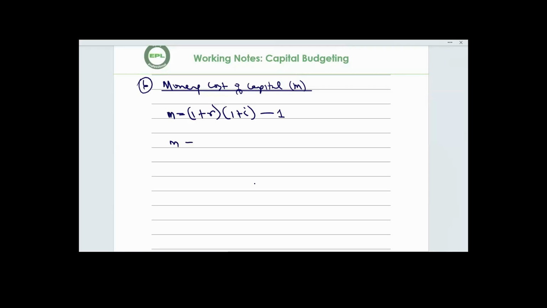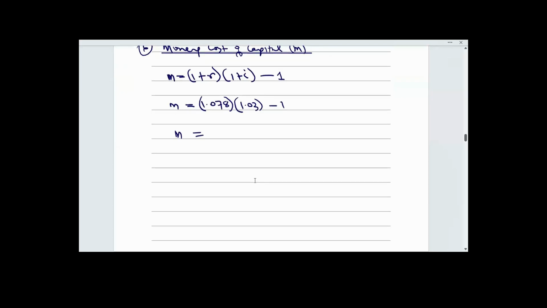Therefore, M is equal to real cost of capital, which in this question is 7.8%. So that will be 1.078. General inflation rate we are told is 3%. So that will be 1.03, minus 1. So M, mathematically, will then be equal to